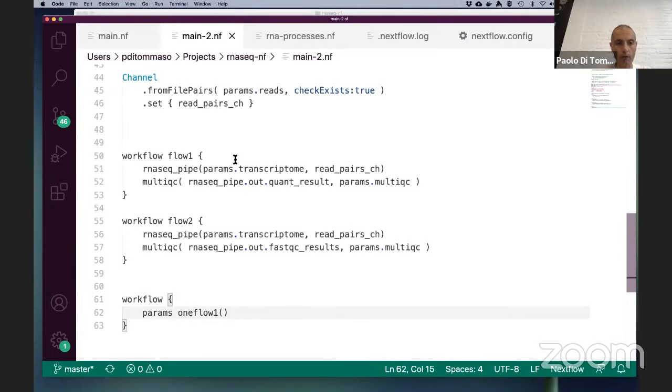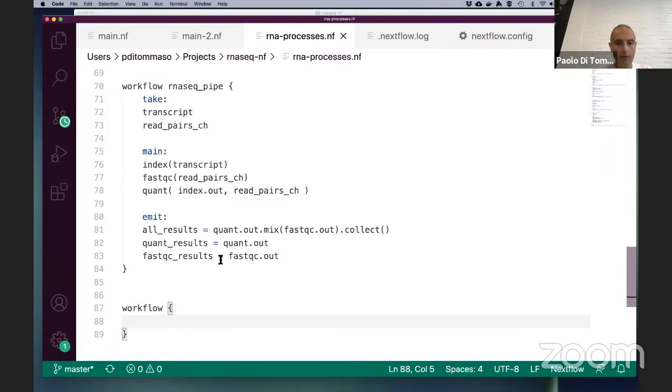The default invocation could be RNA-seq pipe, to which I should give some data, and then, like before, the